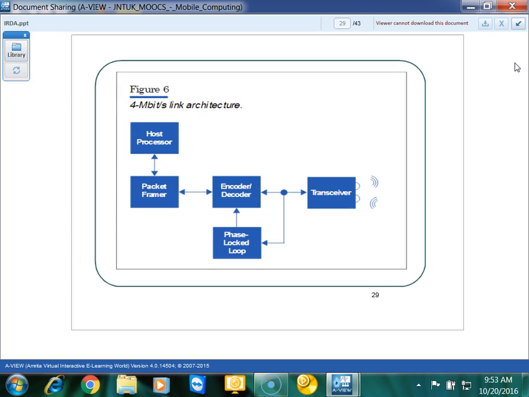With the help of this phase lock loop circuit, we are able to quickly sample out the signals for transmission. So with this extra hardware, the phase lock loop, and the packet framer which is already there, we have added the phase lock loop to have higher bit rates of communication. Now in this case, we can have 4 megabits of data communication